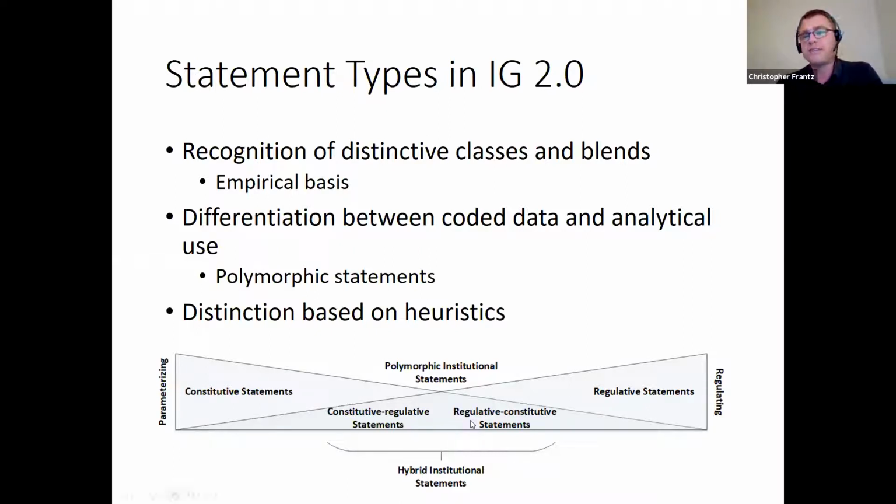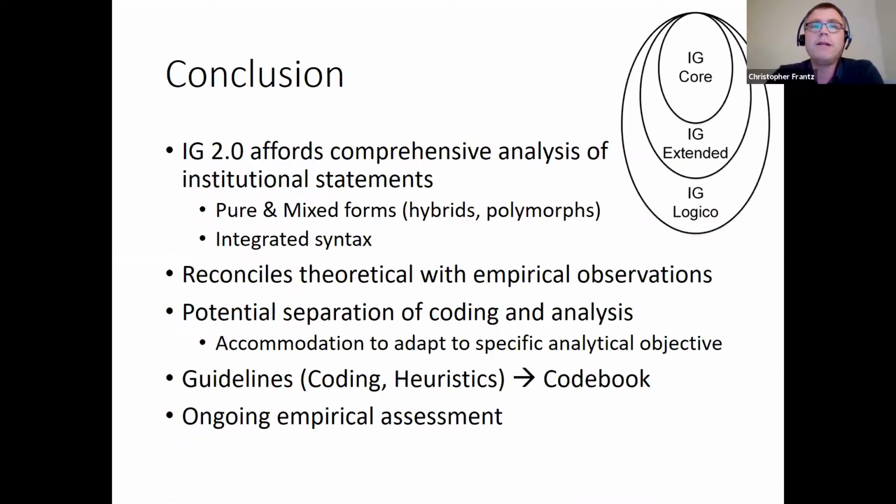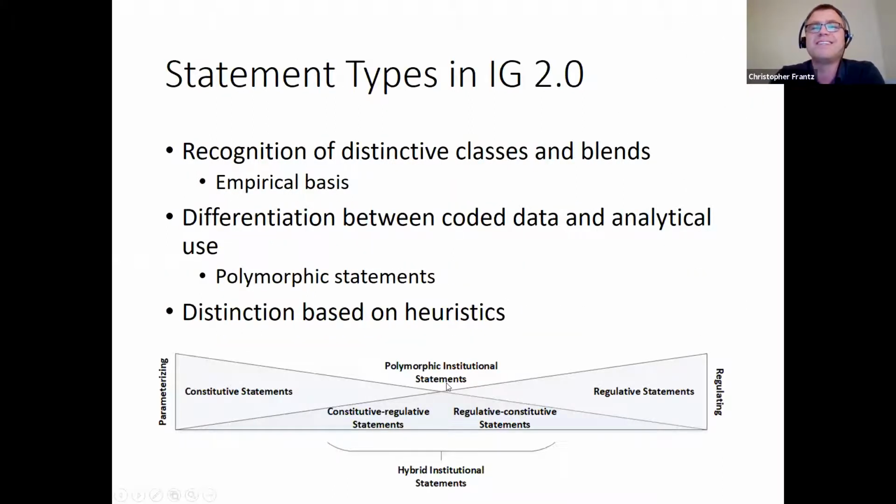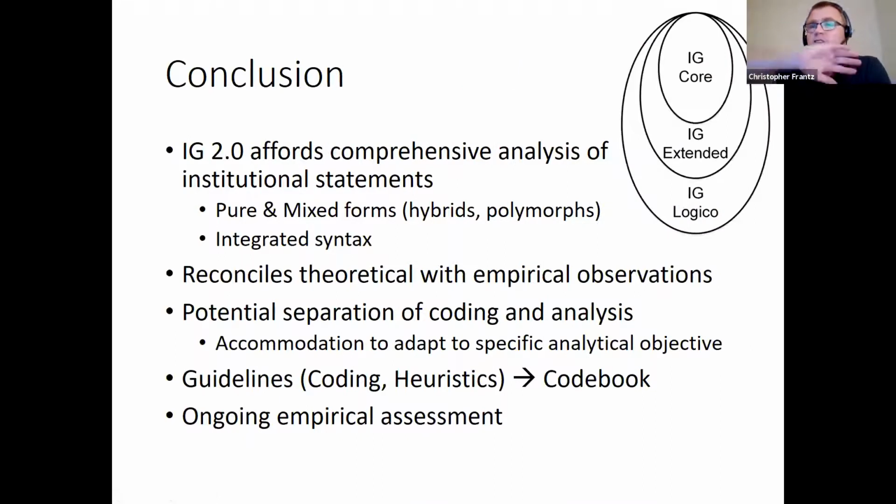So this also makes this concept more robust against particular characterizations as they occur in different forms of regulation. If regulation tends to specify constituted entities inline, we can capture this easily, even if they're no longer clearly separated, as we would, for example, assume in standard policy texts that may have been more commonplace. And of course, addressing this intersection, we have those polymorphic institutional statements that can take either shape depending on needs. So to bring this all to a close,